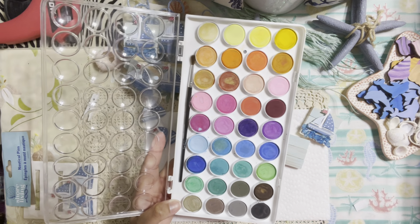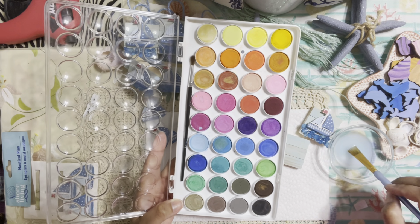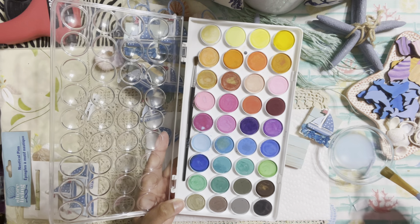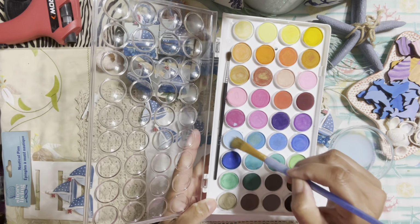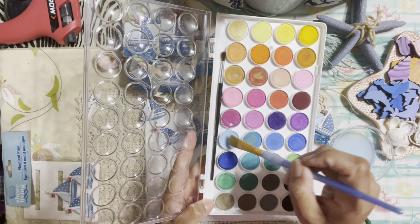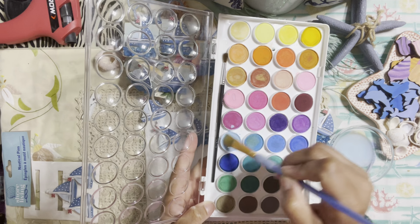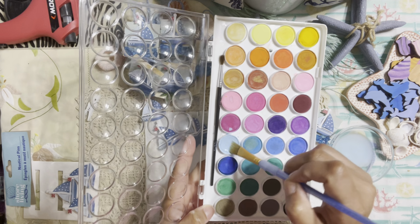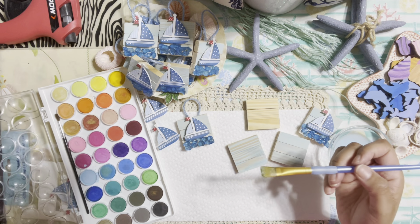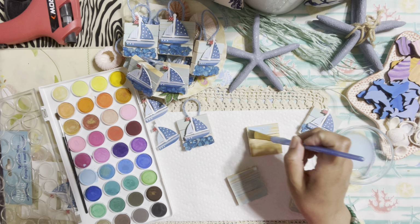So all I'm going to do is I'm going to have here a nice little bowl of water, and I'm going to dip my wet brush into any colors that you want to use. I want to use this one right here because this color is very pretty. It's definitely inspired by the ocean. And so all I did is literally I just colored my block over with that beautiful